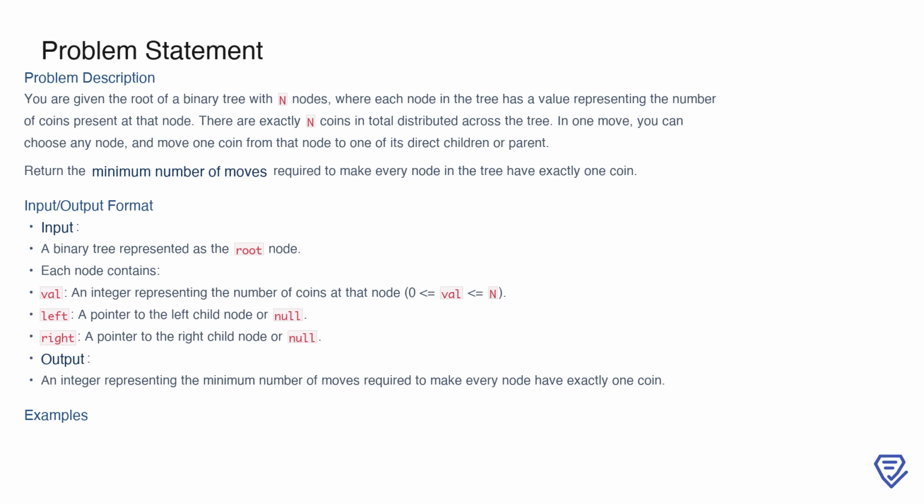To redistribute these coins, you are allowed to make a move where you transfer a coin from one node to one of its direct neighbors, which could be either a parent or a child. The goal is to determine the minimum number of moves required to achieve the desired distribution where every node has